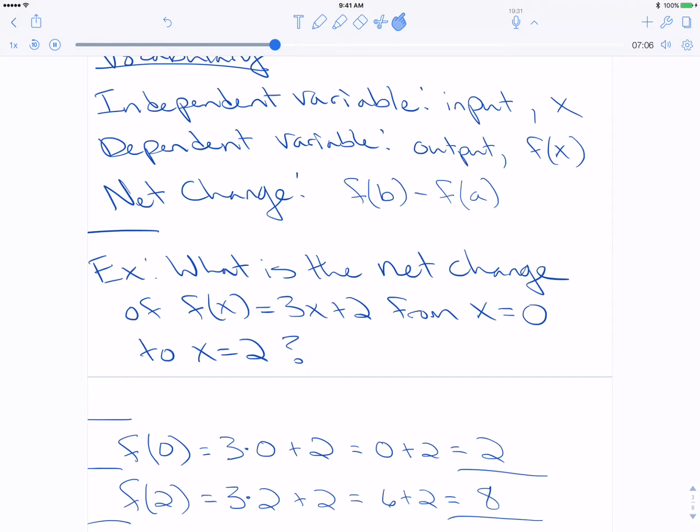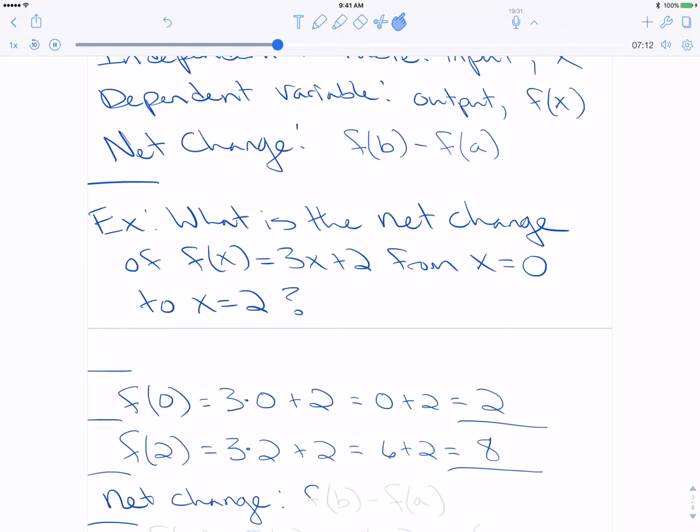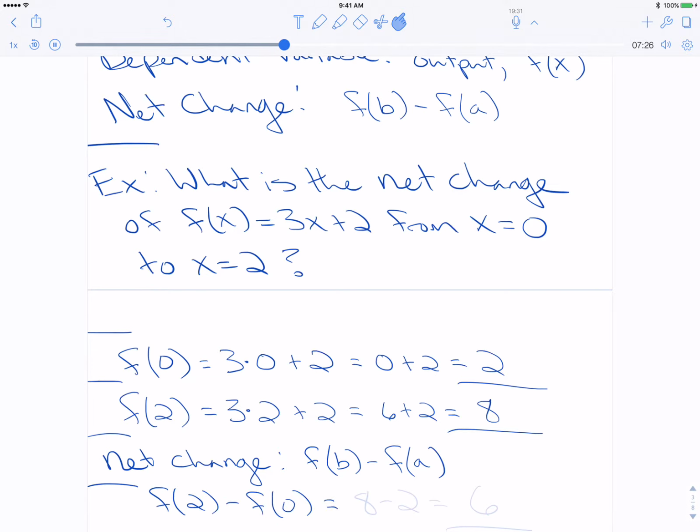So if I'm looking for net change, as we discussed, it is going to be f of b minus f of a. In this case, b is the larger one, a is the smaller one, so f of 2 minus f of 0. It's basically going to be the current one minus the last one in some sense. So if we're going from 0 to 2, then we're at 2, so it's going to be f of 2 minus f of 0. And in this case, that would be an 8 minus a 2 to get us a net change of 6